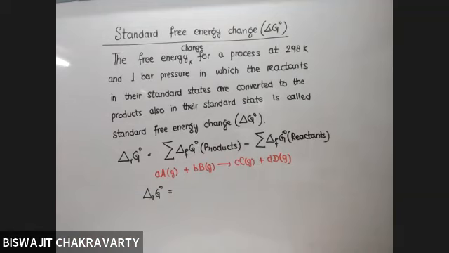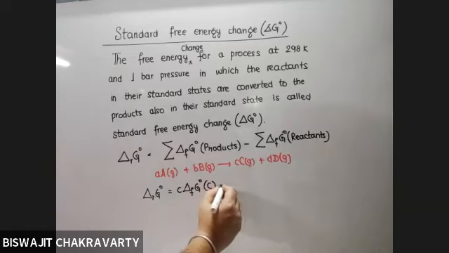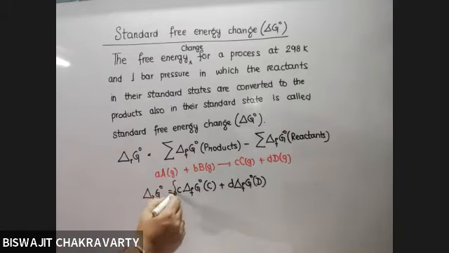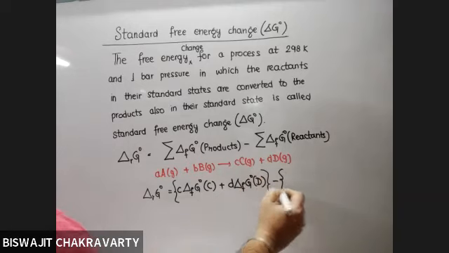A and B or C and D? C and D. So we calculate the delta F G degree of C multiplied with the number of moles plus delta F G degree of D multiplied with its respective number of moles. So we have added up the standard Gibbs free energy change of formation for both the products. F stands for formation, minus,